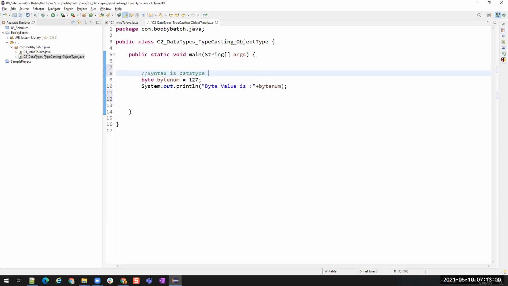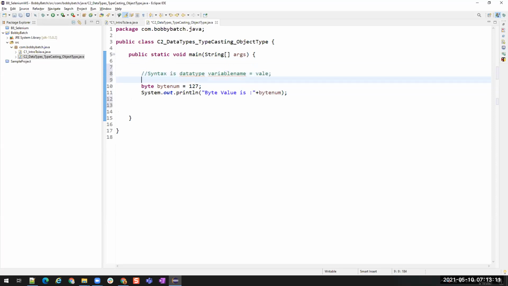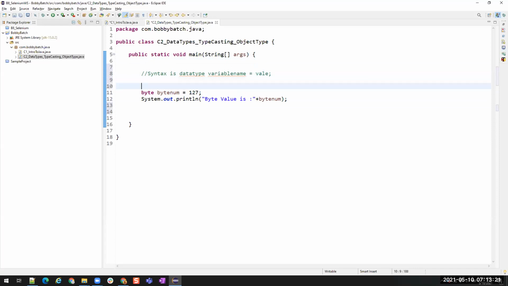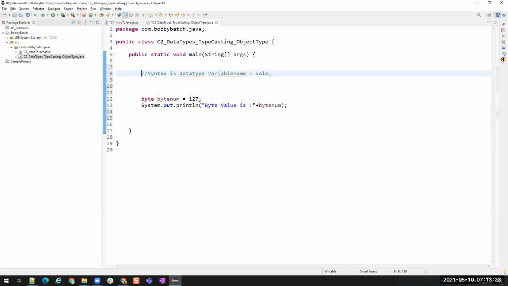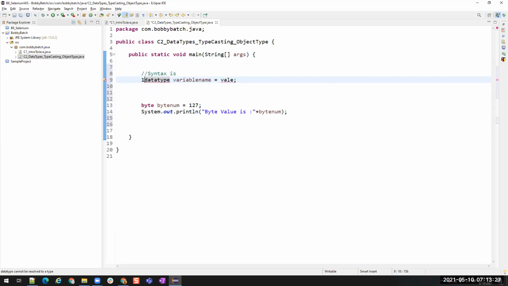Data type, variable, equals to value. So this is how you have to store. This is the syntax: data type, variable name is equals to value. Or we can also store it in a different way, like declare and then assign a value. This is syntax 1.